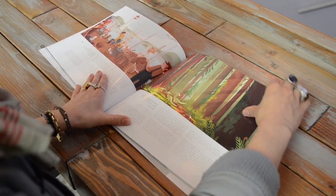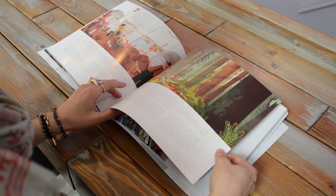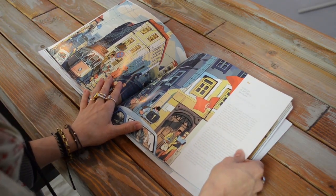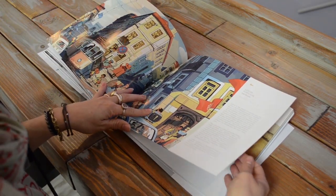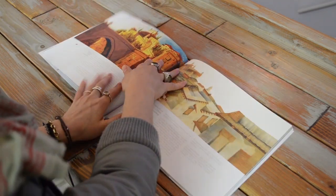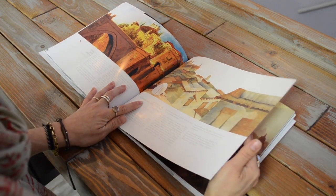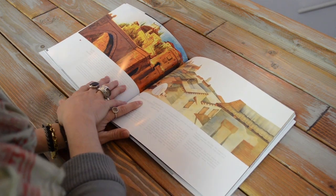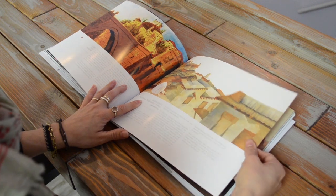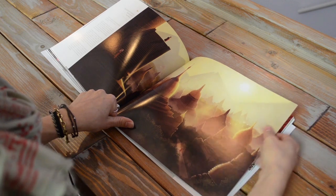Some are very lonely. Some are a little bit more about the company that you might keep there. And some are just about exploring the place itself. And so, again, every single one is different. Of course, the artists' spin has put some really magical, beautiful things into these places. So even if you've been to some of these, for example, Toledo, Spain, is seen from the artist's perspective as he is somebody who lives there currently. And then other places may have existed, and it really is just seeing it through the vision of the artists themselves. So, again, as we're nearing the end of the book,